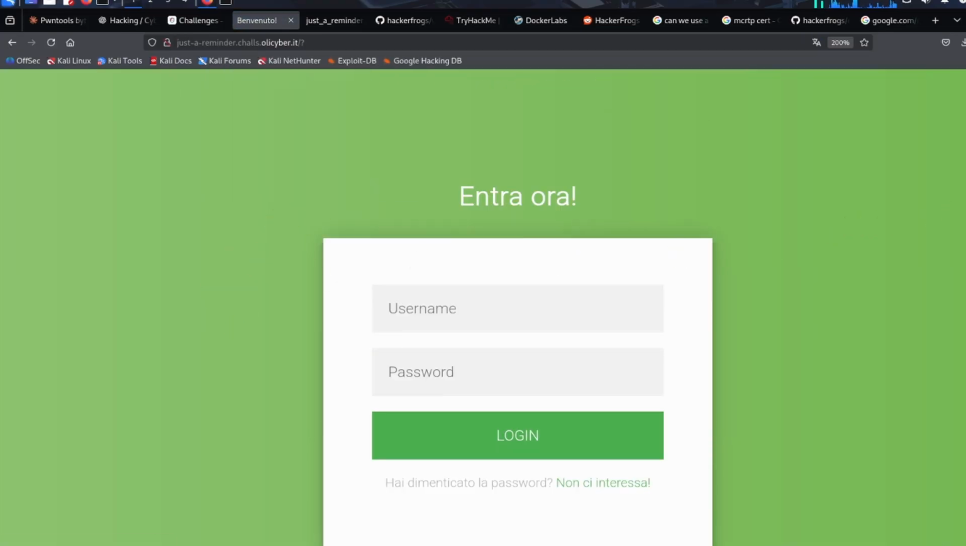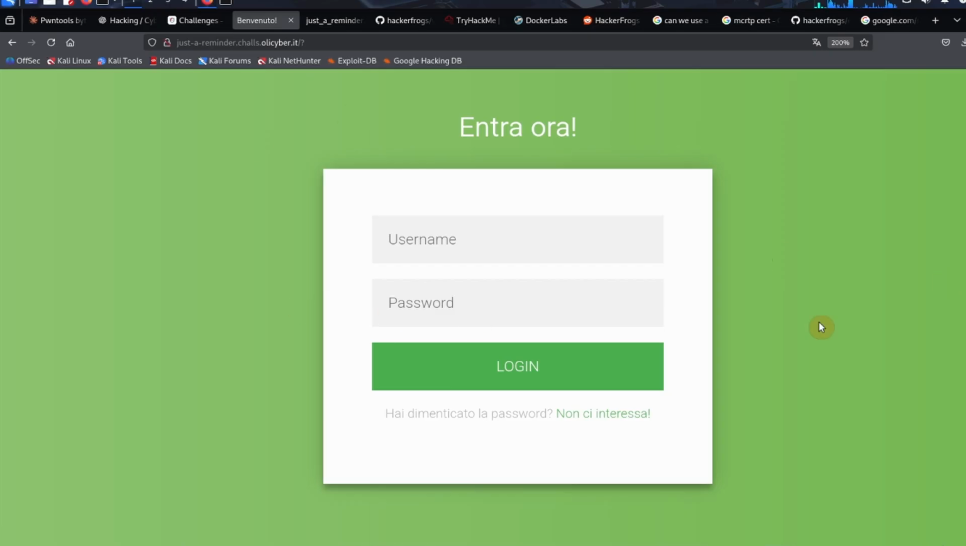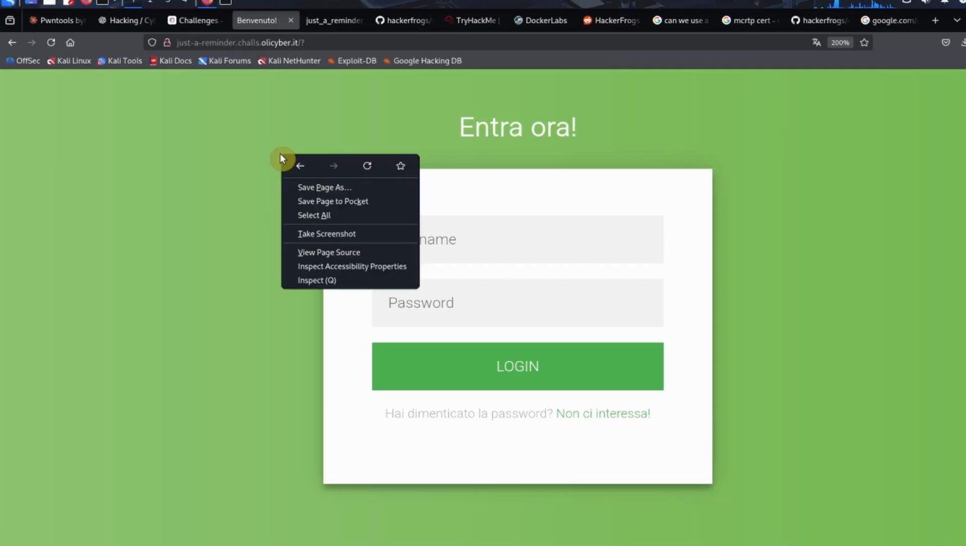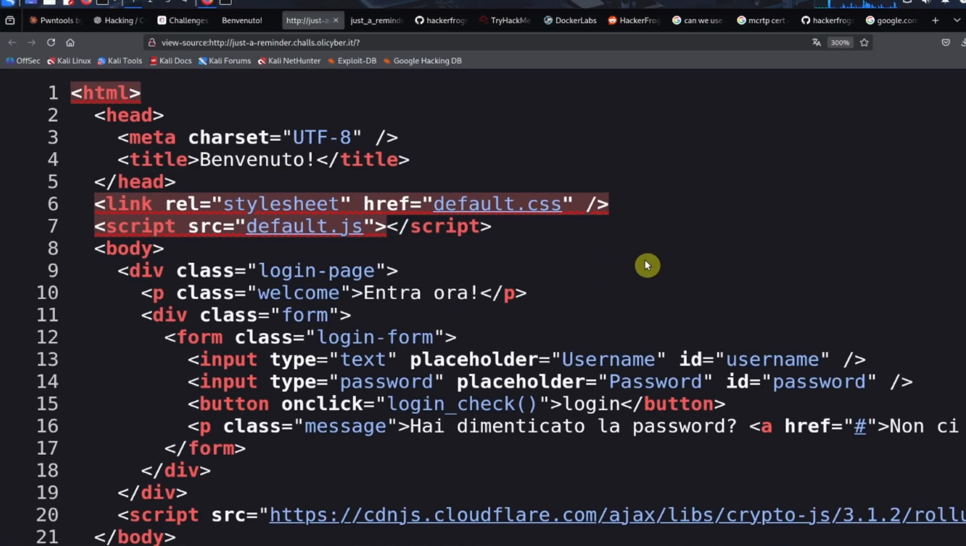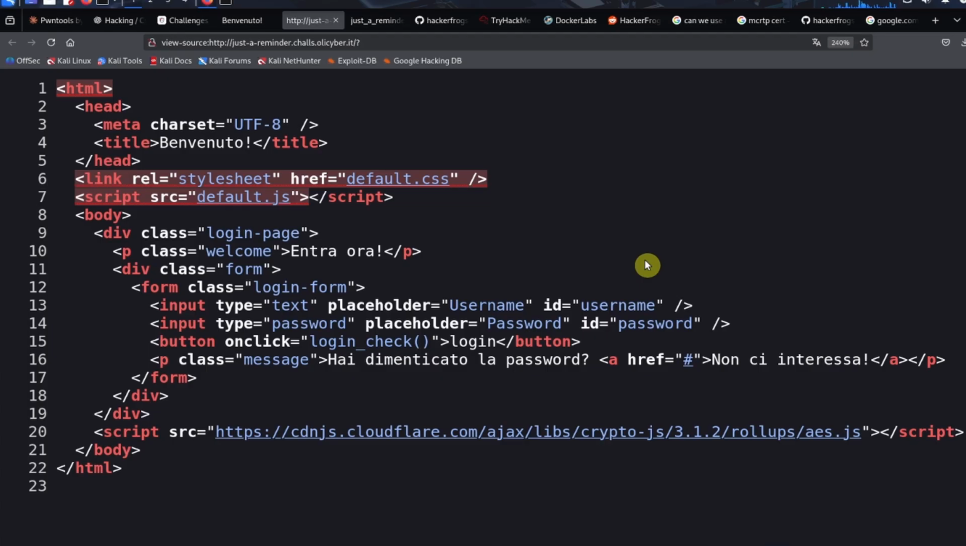So the first thing we might try to do when we access a challenge like this is to take a look at the web page source. We can right click and select view page source, and this is going to tell us all the resources that were used to create the page. There also might be some good web page comments on here as well. There are none here, but